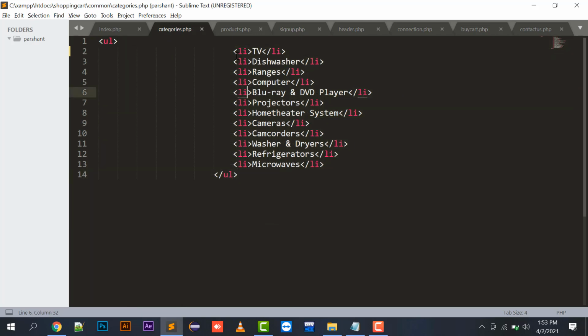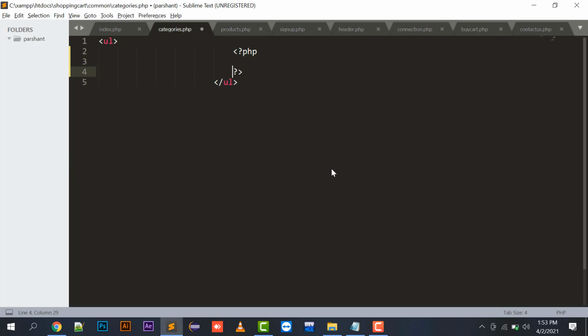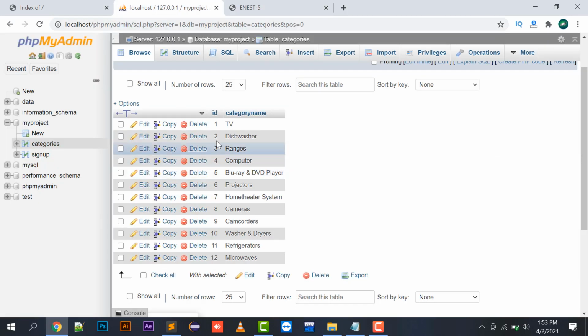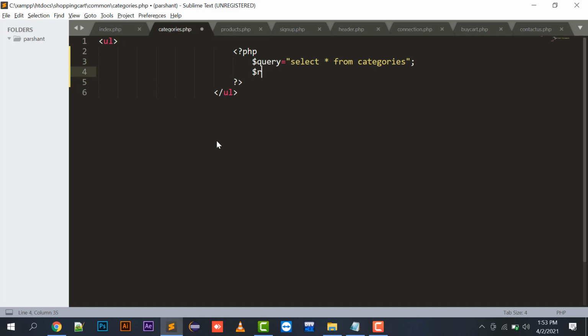So in this file, what I am going to do is start a PHP query, select star from categories, right? Result, mysqli_query, connect, query, while row, mysqli_fetch_assoc, result.